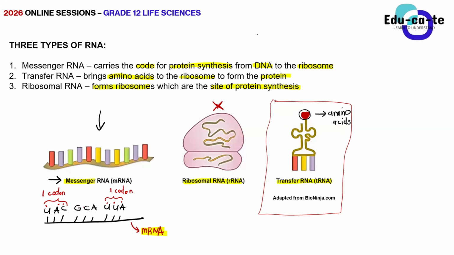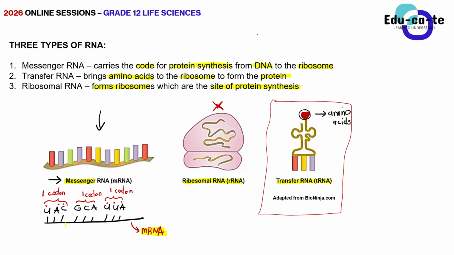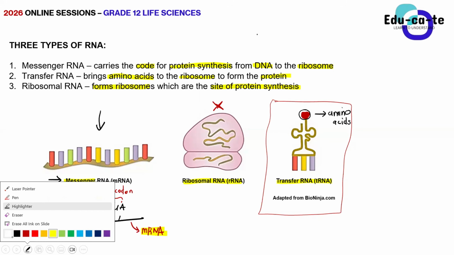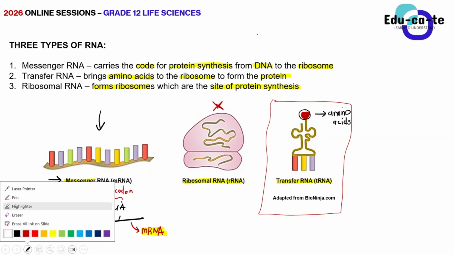Let's just try this one, GCA. Can we call this a codon? Yes, we can call it a codon because these are three nitrogenous bases following each other. So it doesn't matter if they match or they pair or they are the same, as long as they follow each other. As long as you have got three of them and they are following each other, you call them a codon. Don't worry yourself too much on the other things.